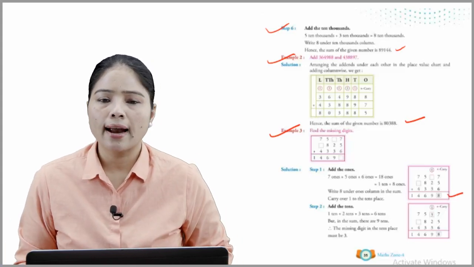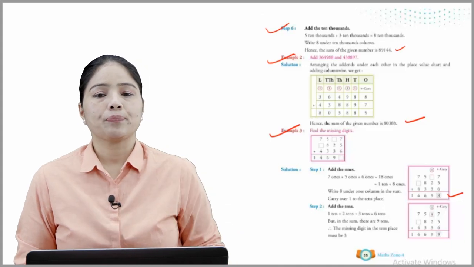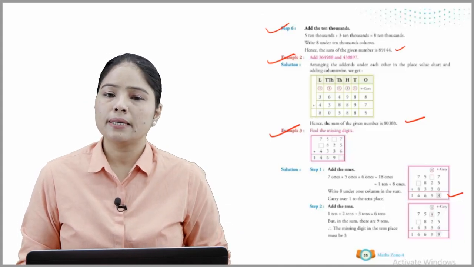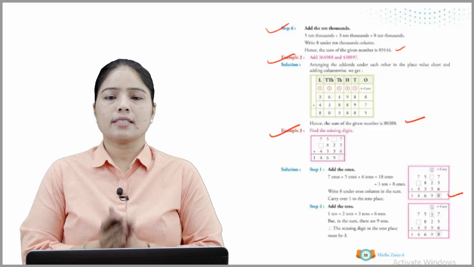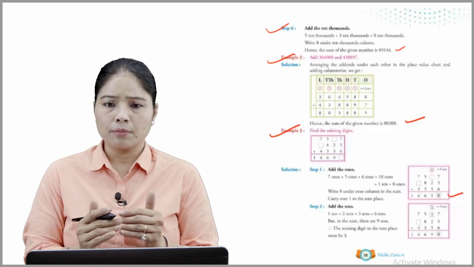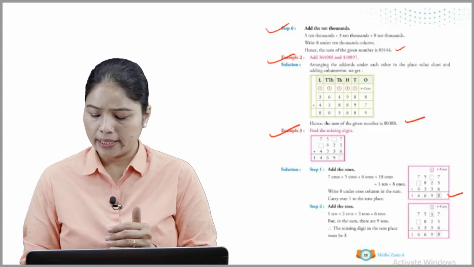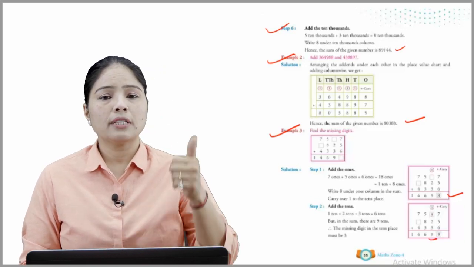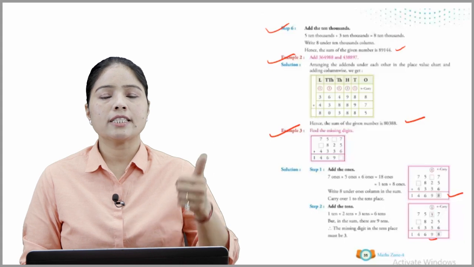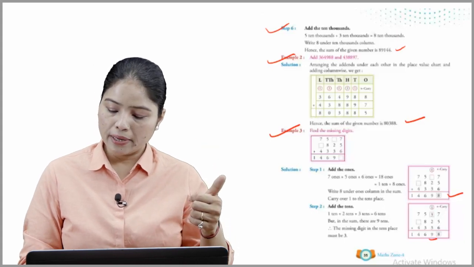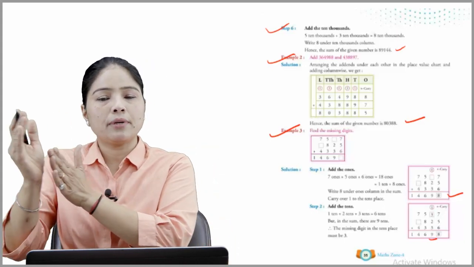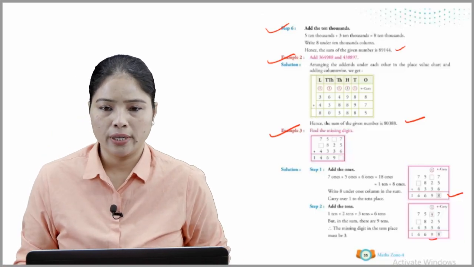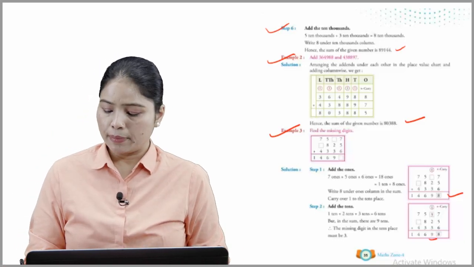Step number 2, add the tens. अब tens को ऐड करना है. 1 ten plus 2 tens plus 3 tens is equal to 6 tens. But in the sum there are 9 tens. भाई यहाँ पर 9 तो पहले से दे रखा है यहाँ पर. Okay, therefore the missing digit in the tens place must be 3. तो यहाँ पर ये 3 होगा, तभी ऐड करने पे हमें 9 आया होगा. Okay, so now step number 3,